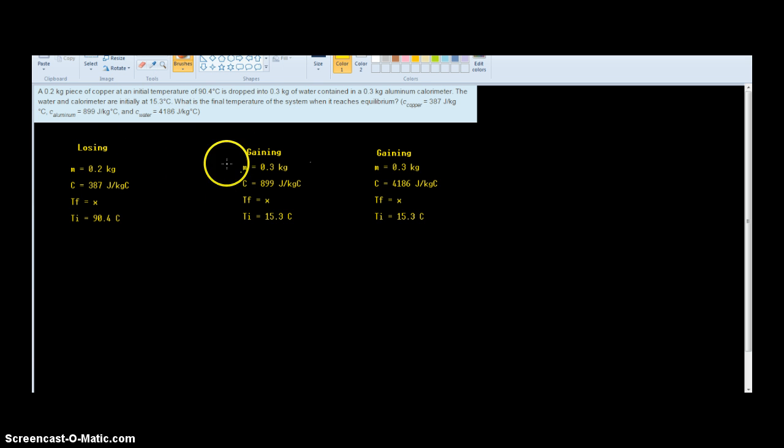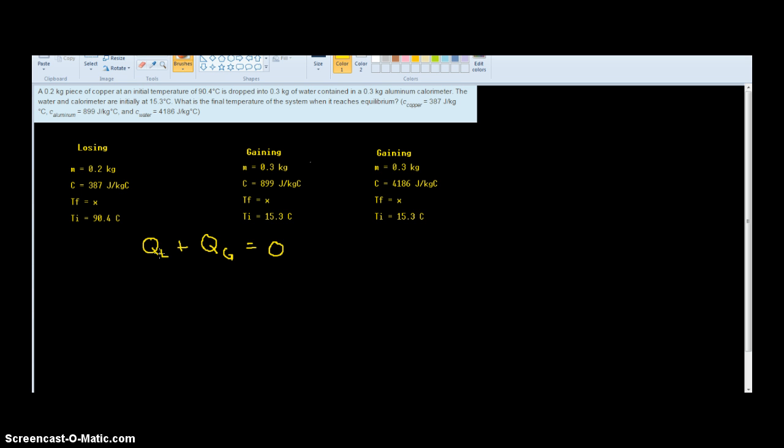If we look at what I've done here, since this is heat exchange and Q stands for heat, we're going to have an equation with two sides: something gaining heat and something losing heat. The law of conservation of energy says energy can't be created or destroyed, it's just swapped between forms. So for a closed system, meaning one that's not exposed to the outside environment, one that is self-contained,